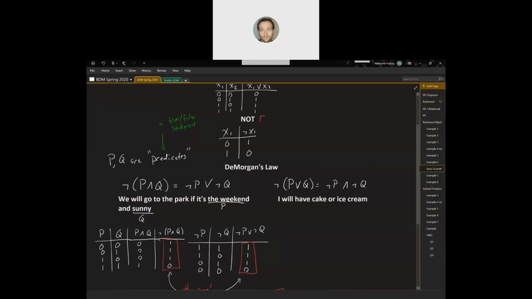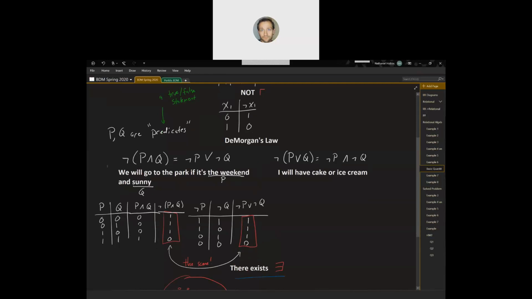So the way that it gets distributed is it negates each predicate, and it flips ands to be ors, and in the case that there's an or inside of the clause, that gets flipped to be an and. So pretty straightforward, but